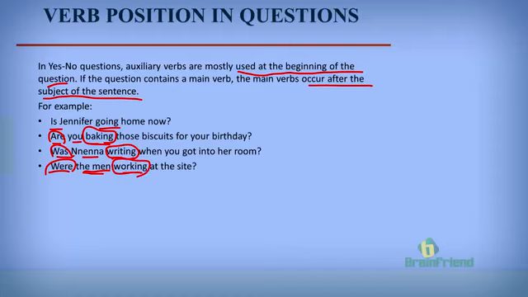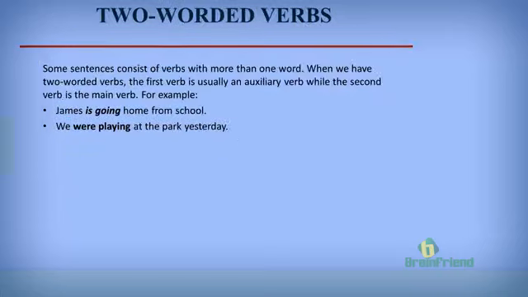They are used at the beginning of the question, and then the subject and the main verb. Now we also have some verbs that have two words, two-worded verbs. And when we have two-worded verbs, the first verb is usually an auxiliary verb, while the second verb is the